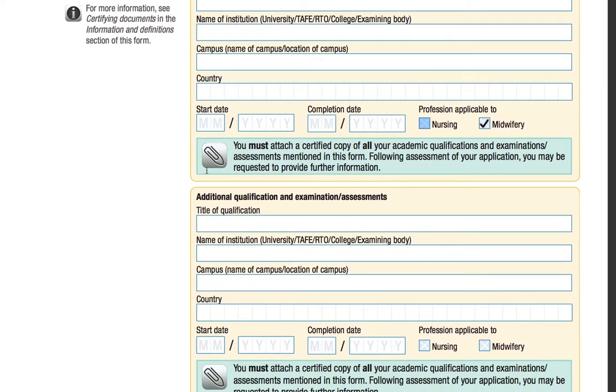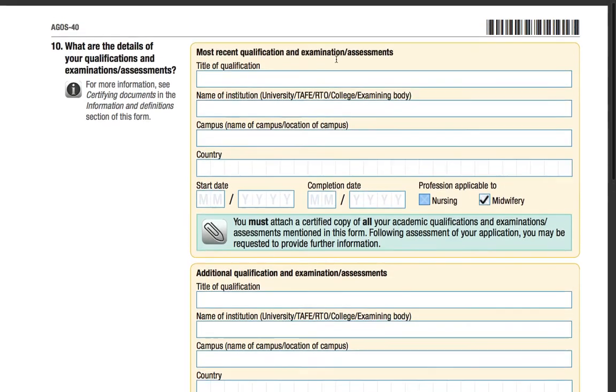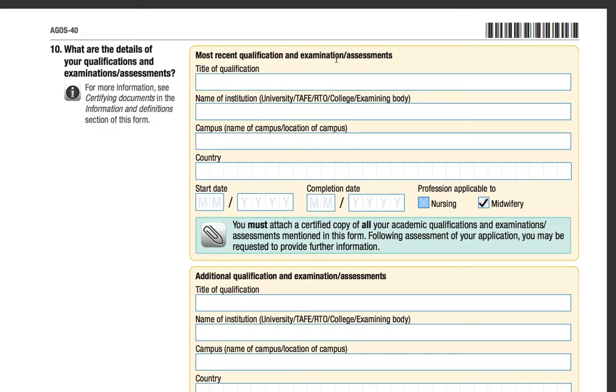So wherever you see this pin sign, you have to attach the certified copies of the particular thing that you are mentioning here. For example, in this question, these are your academic qualifications and examinations, or your assessments. So you will attach all the report forms of your degree. For example, if it's of 3 years or 4 years, we get a report form, a detailed marks card, at the end of every year after the examination result. So you have to attach that, your degree certificate,